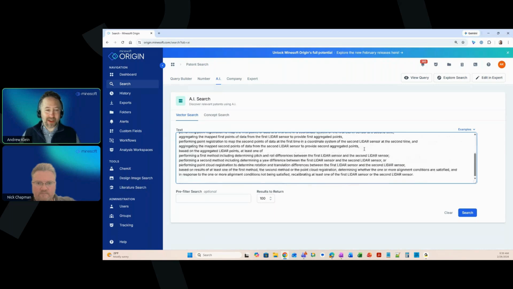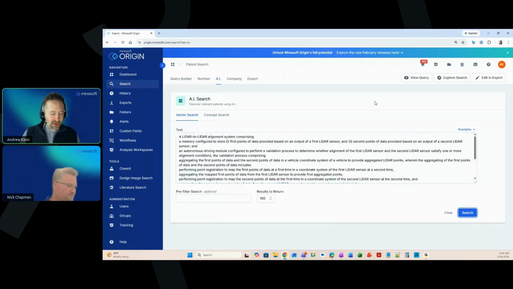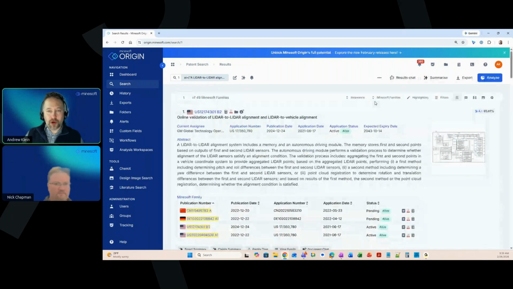You can see that it goes on into great detail about a variety of methods, data points that are used, point registration. So if we run a search using this AI search and retrieve the first 100 or so references ranked by relevance by this AI set of results, now we've got a data set to work with. So nothing about what I've shown you so far is new or is even especially groundbreaking. There are many solutions out there that will help you start a search in this way using a natural language